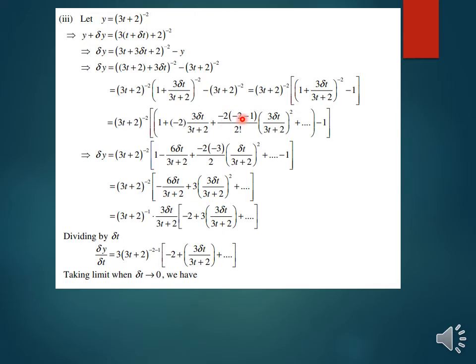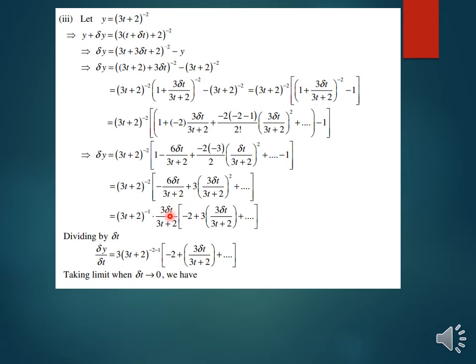Then n into n minus 1 divided by 2 factorial, where n is minus 2, so minus 2 minus 1, divided by 2 factorial, and x squared. So x is this, and the whole squared, and similarly minus 1. In the next step, minus 1 and plus 1 cancel out, and 3 twos are 6, minus 6, and minus 2 minus 1 is minus 3 into minus 2, and 2 factorial means 2. So 2 and 2 also cancel out, and minus into minus is plus, so here we write plus 3, and minus 1 and this plus 1 cancel out, and this term remains the same.